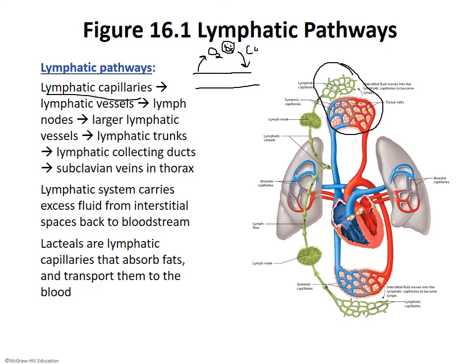And the cells are going to release carbon dioxide, which is going to be in the fluid, and that's going to be pulled back in by way of osmosis. But there's a percentage of what leaves that never gets pulled back in, and that gets into the lymphatic system. So there's this constant buildup of pressure, and then it gets pushed into the lymphatic system. Now there's a series of vessels as it goes through to end up getting back into the circulatory system, and the only ones I'm really going to concern ourselves with as far as naming are these last two,